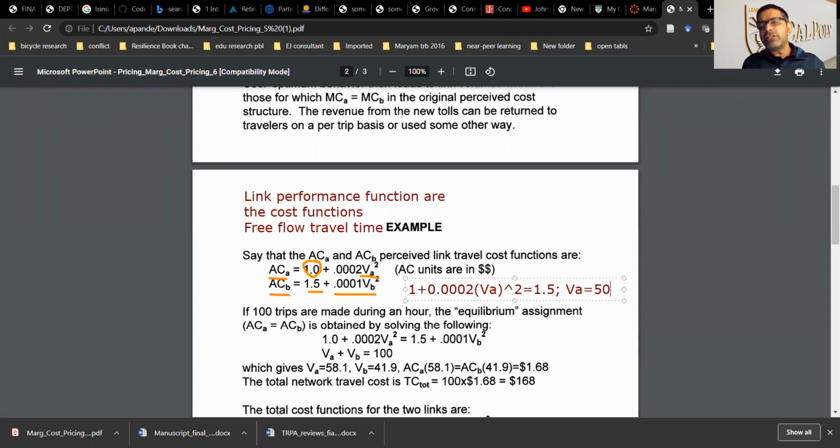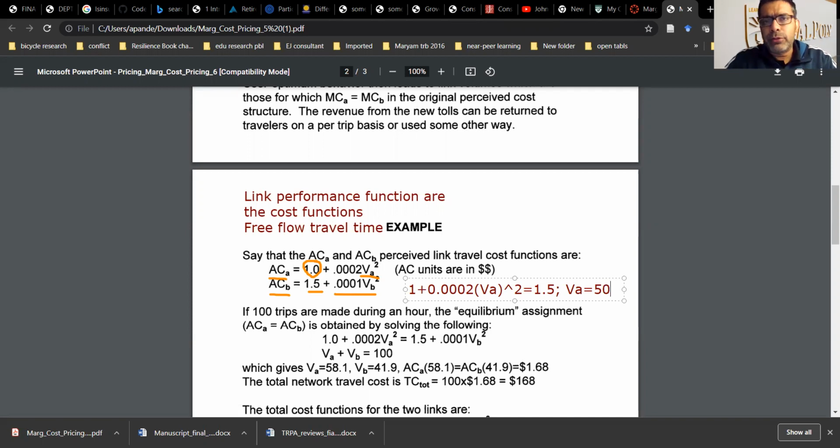That's pretty good. So VA has to be equal to 50, because at VA equal to 50, when there are 50 units of flow or trips per hour, or whatever the units are, at that level of congestion on route A, route B starts to look good. So if somebody asks you to solve this problem for user equilibrium, and they say that the total demand on both routes is only 40 units or 40 trips per hour,